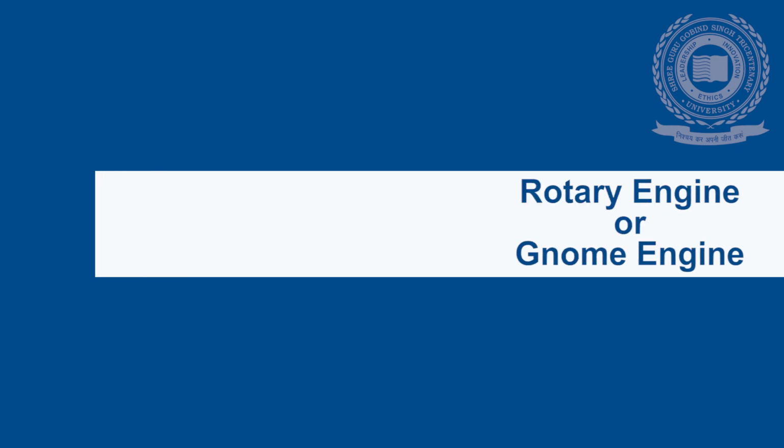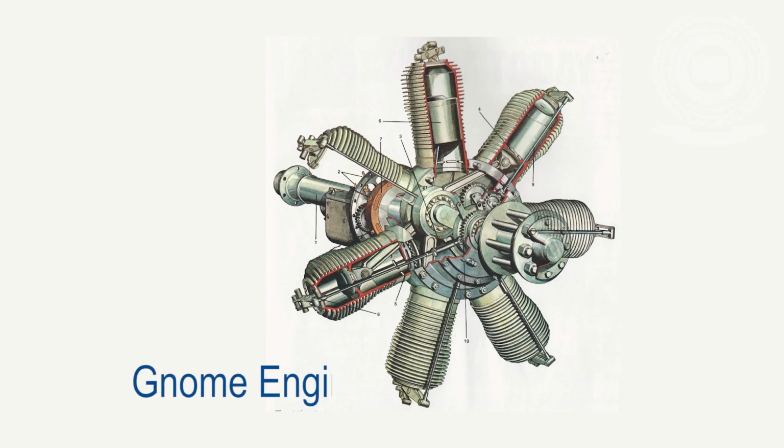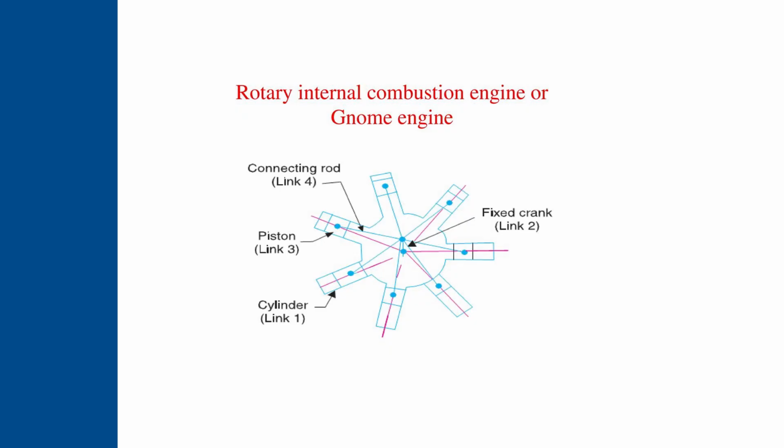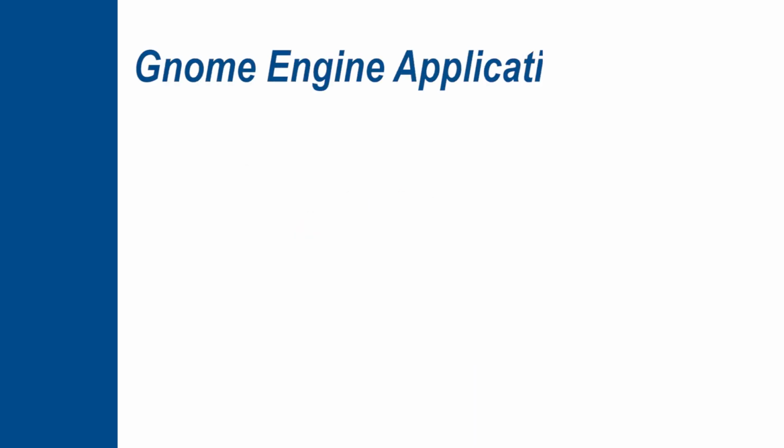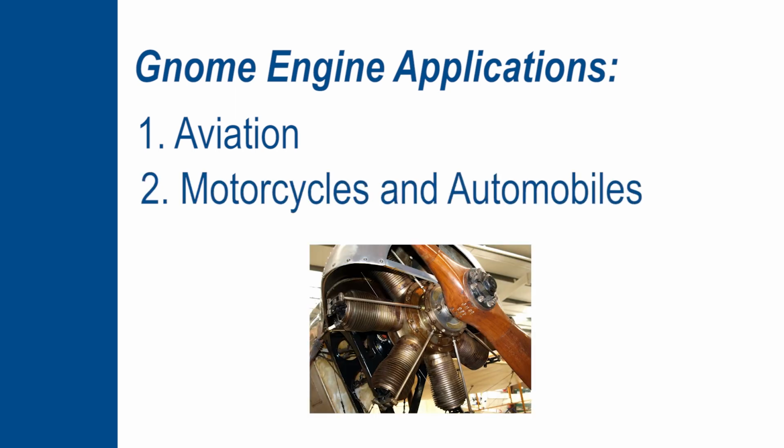The second mechanism is the rotary engine. The rotary engine was an early type of internal combustion engine, usually designed with an odd number of cylinders per row in a radial configuration, in which the crankshaft remained stationary in operation, with the entire crankcase and its attached cylinders rotating around it as a unit. Its main application was in aviation, although it also saw use before its primary aviation role in a few early motorcycles and automobiles.